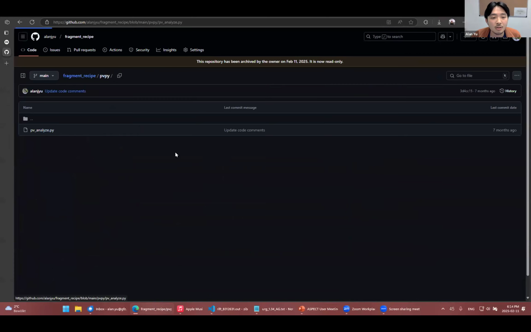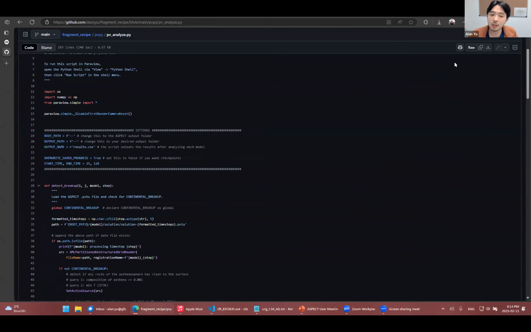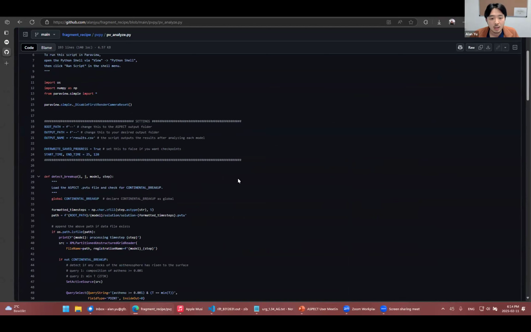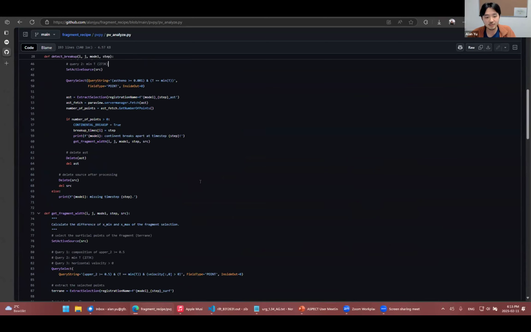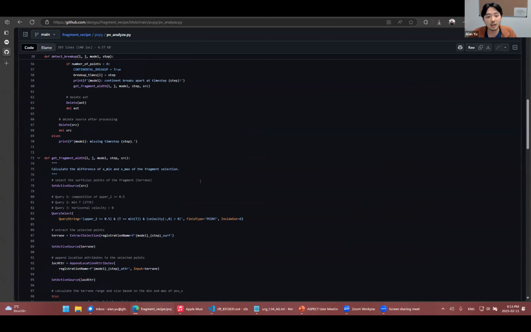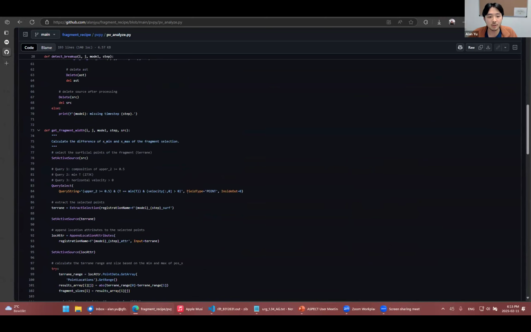So with Aspect, you can perform data filtering basically through SQL sequences. Here we defined when the continental breakup occurs, when the composition of the asthenosphere meets the surface, which here we define as the minimum temperature. So then as soon as this criteria is satisfied, then we look into the width of the continental fragment,